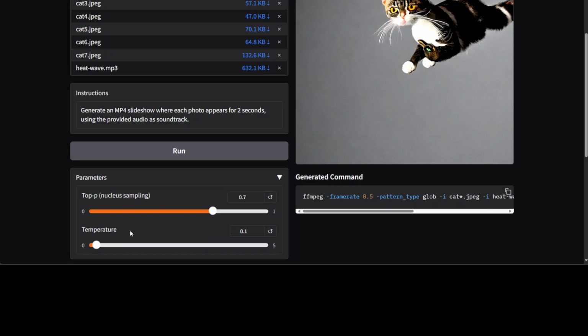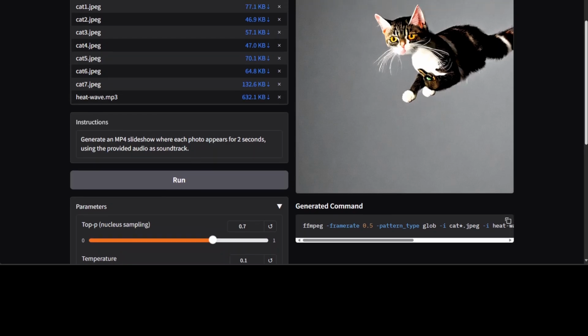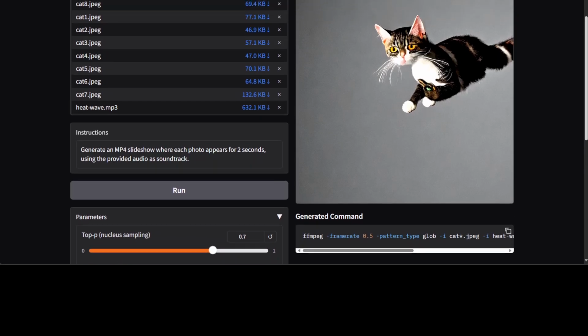So normally the values are between 0 to 1. 1 is way too creative, whereas 0 is very deterministic, and in this case it is quite deterministic, it seems. And then top p, which is nucleus sampling, controls your output, and it also gives you the ffmpeg command which it is using behind the scenes. And by the way, it is using around 60 GB of VRAM on my 80 GB H100, so it is quite a